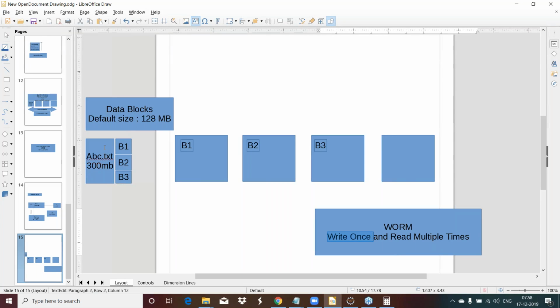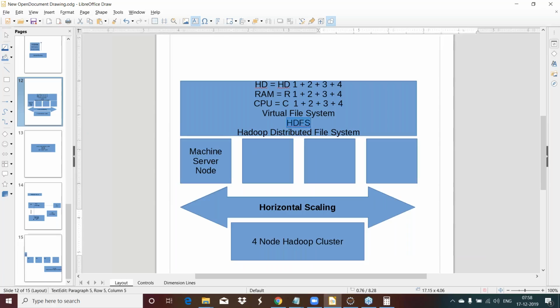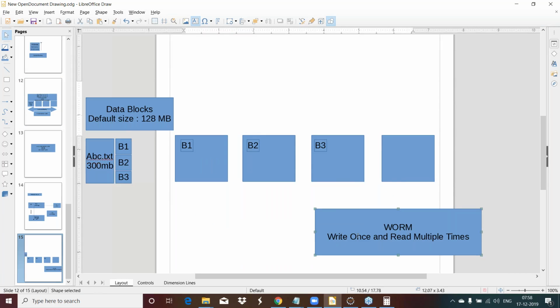So when this file came to Hadoop, it will be written to HDFS once, and after it has been written, it is going to remain there forever. We have already talked about that Hadoop is a truly infinitely scalable system. There is no limitation in terms of storage. Whenever you come across a storage problem, you can keep on adding machines to the Hadoop cluster.